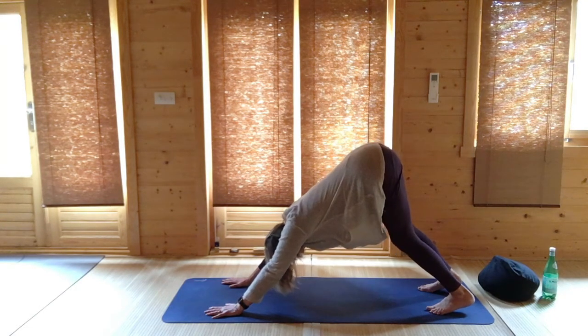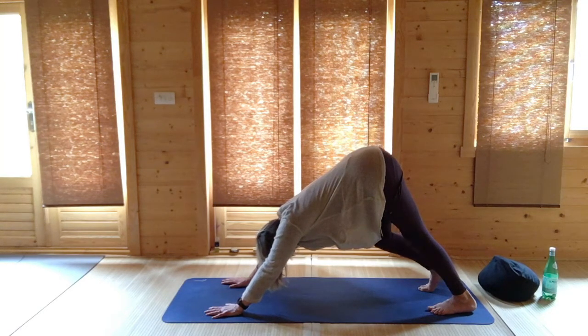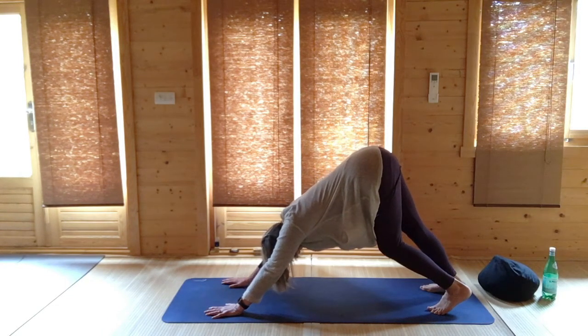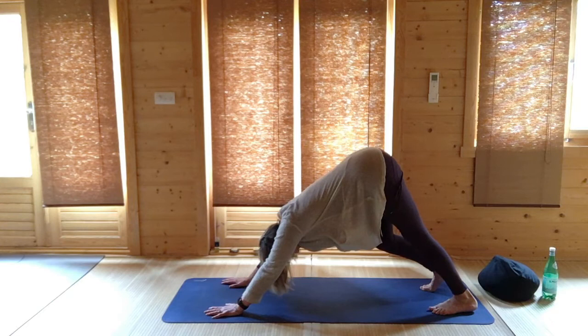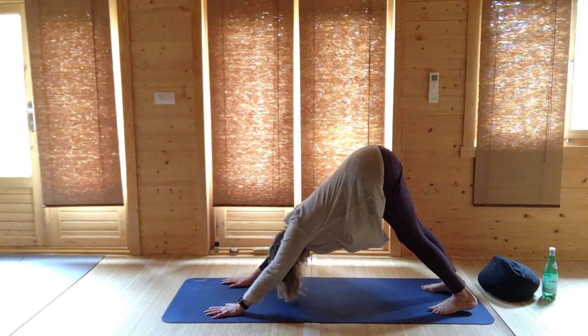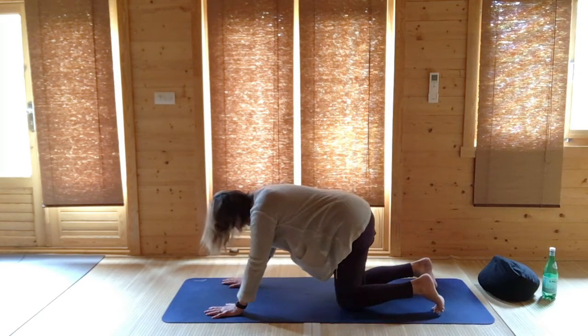Bending my knees and then lengthening them. I'm going to bend one knee, straighten it and then bend the other knee. Again, bend one knee and then the other knee. Stretch back. Bend both knees to the ground, hands to the left,